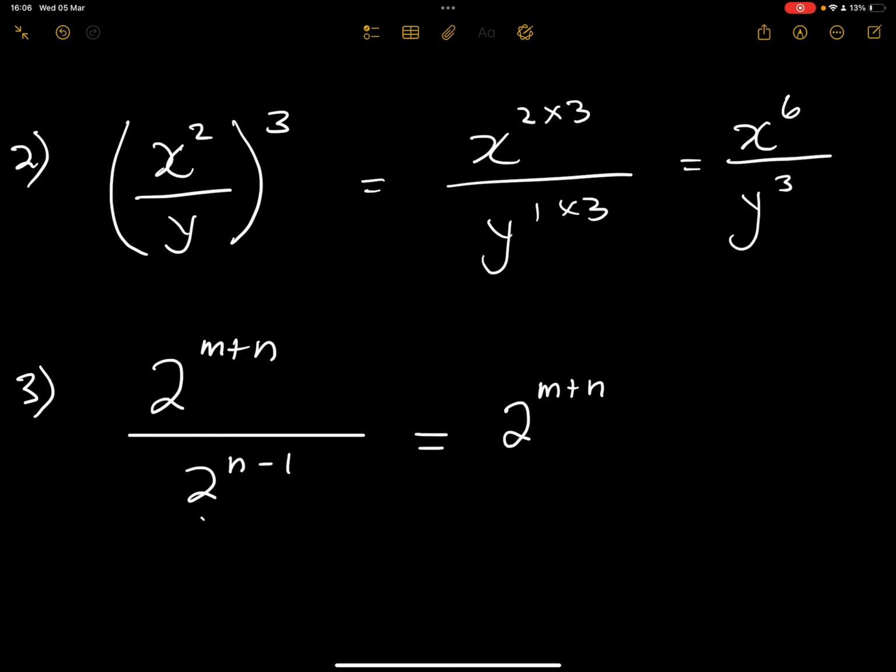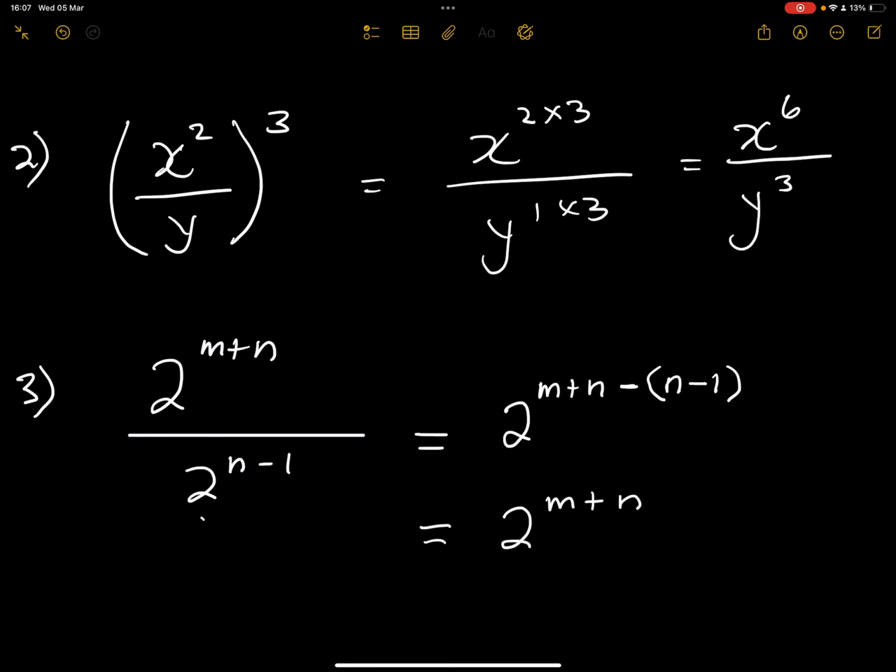Now note, the bases are the same and we are subtracting, so we're going to subtract what we had in the denominator. And in the denominator we had n minus 1. So this becomes 2 to the m plus n,